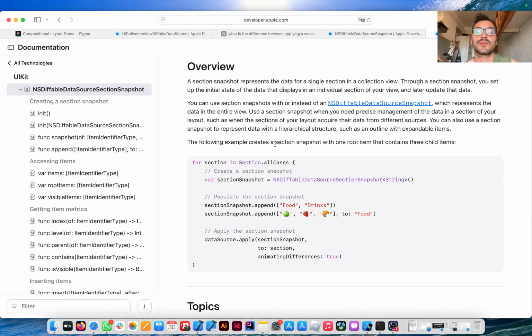I can have those from yet a different data store, but those will actually probably be all in the same section, so probably not a very good example, but